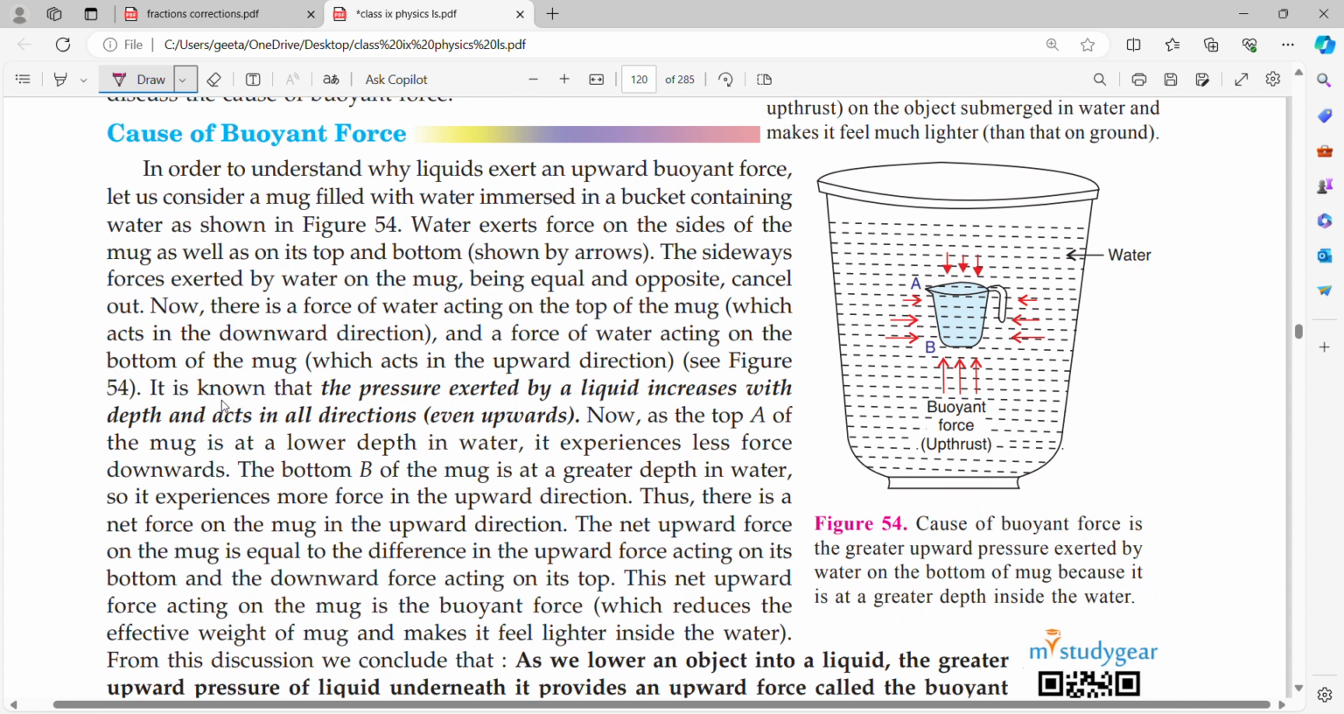Here we have a mug inside a bucket which is filled with water. The pressure exerted by a liquid increases with depth in all directions. The more this mug goes inside the water, the more the pressure will increase. This is the reason that